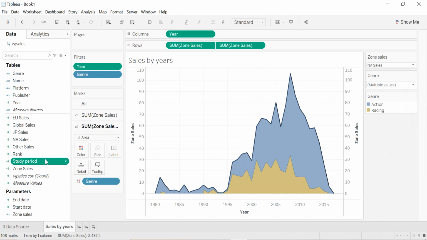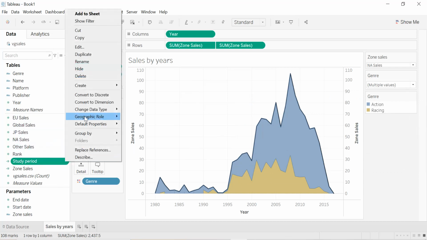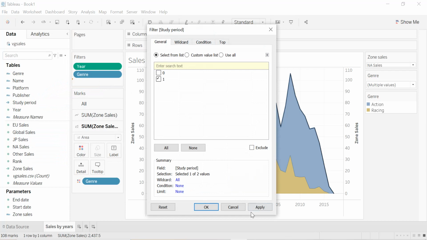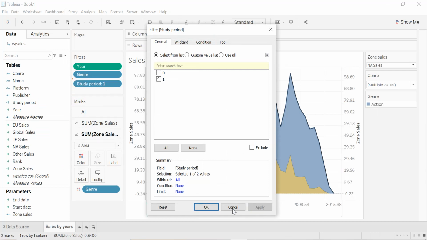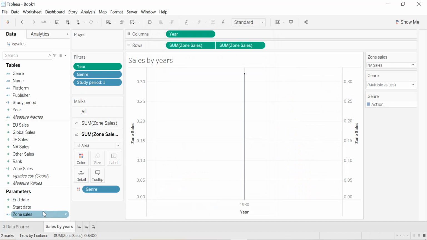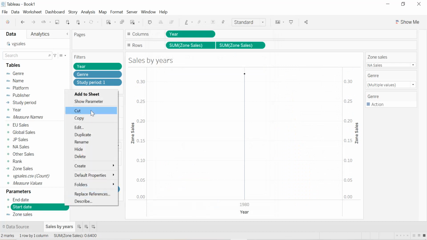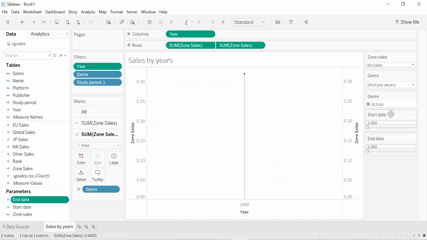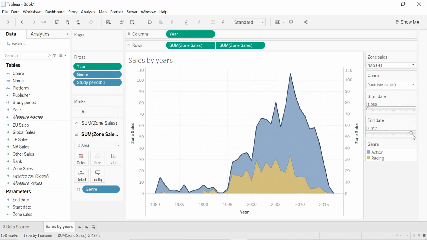apply. Okay, so we are going to convert it into a dimension first. Okay, convert to dimension, and then we put it into the filters. We select 1. So we want our period to be between start date and end date. Apply. Okay, then we click on show parameter and show parameter, right? So here we can drag and drop the legend into the bottom, and we can move and play with our